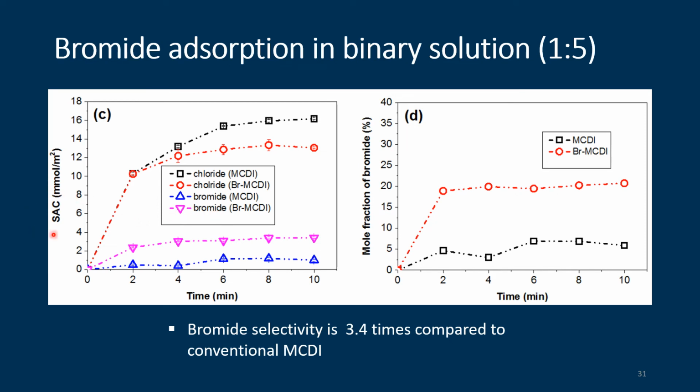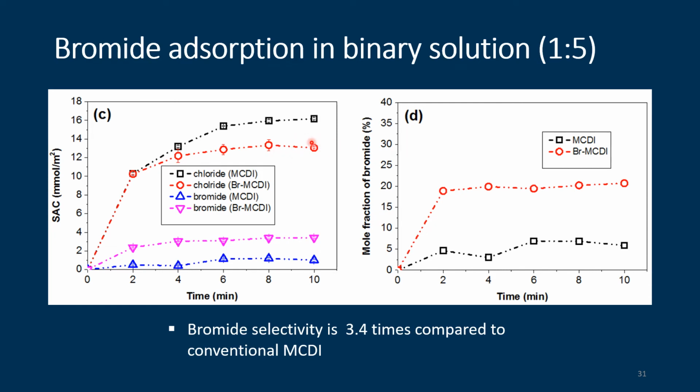Adsorption capacity increased when you have more bromide ion exchange membrane. So you have almost 3.4 times higher bromide removal. On the other hand, if you look at the chloride concentration, your bromide resin has less